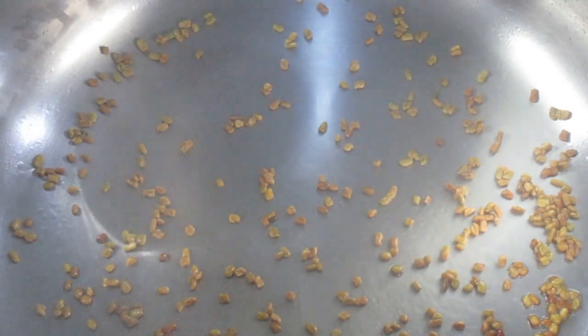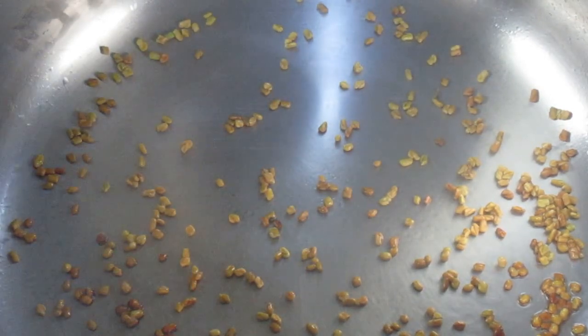put in the fenugreek seeds. Let them cook. Let the fenugreek seeds pop. Once they start popping,